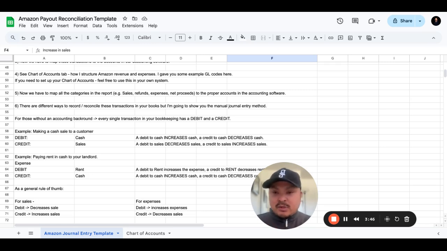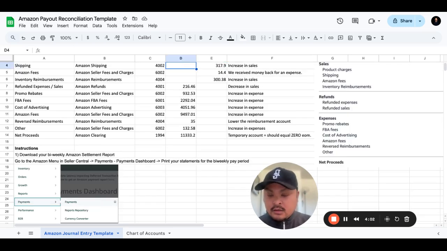Everything you know about debits and credits in terms of your bank, just throw it out. The debits and credits in accounting are completely different. Let me give you a real life example, because I think the best way to learn this stuff is by doing. Say you're making a cash sale to a customer,